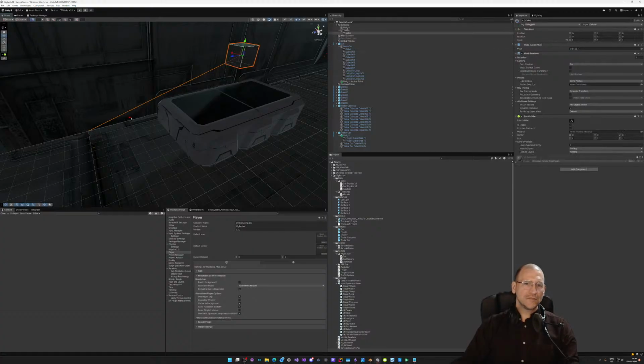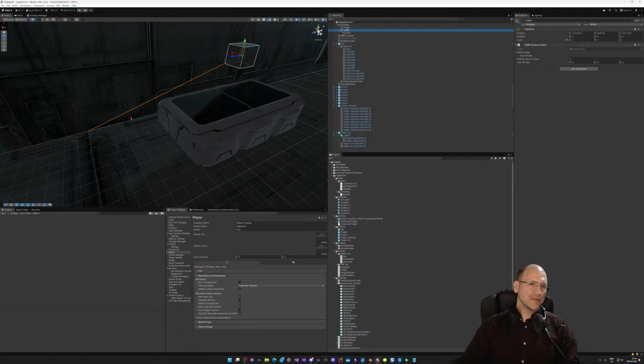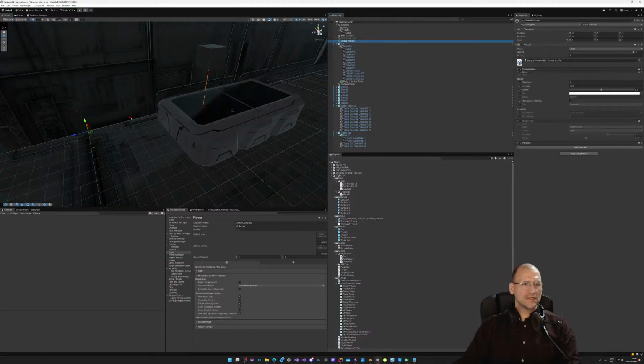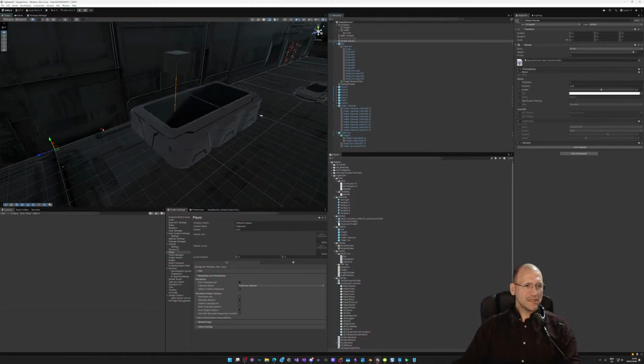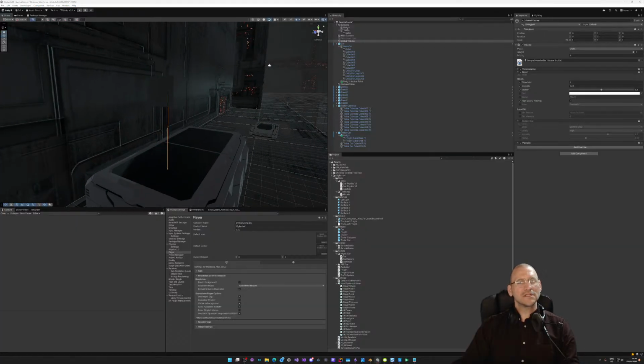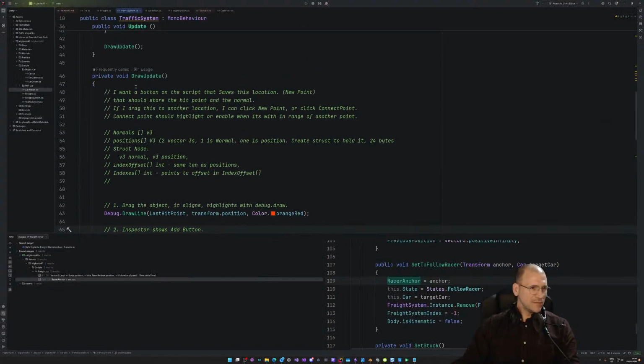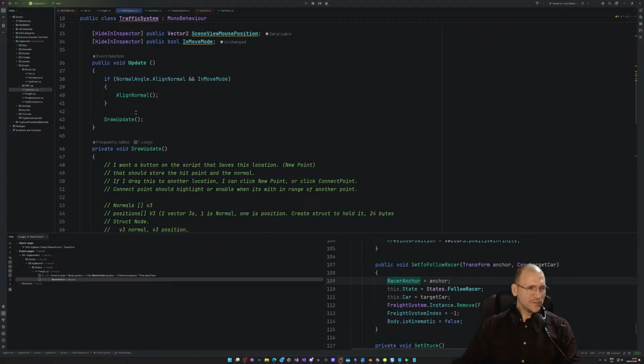So if I click on this object, it takes me to the cube. I want this one. There. Oh, that's much better. So much easier to see. And then when I set it down, that's it. It is there and I can still see the line, but I only want to see it when this object is selected. So update, draw update, that happens when the object's at any point that the object is being interacted with. So